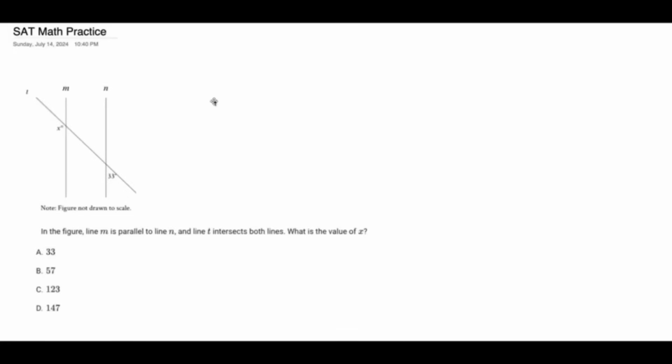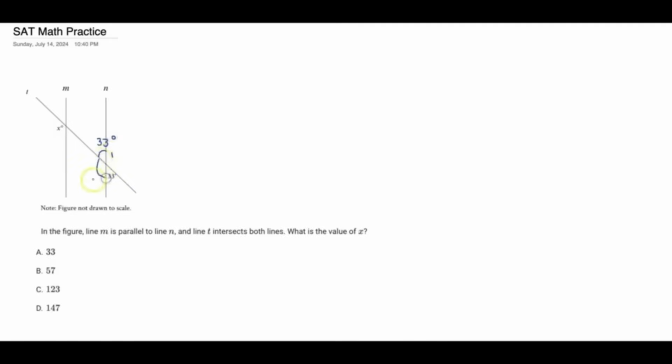Figure: line M is parallel to line N, and line T intersects both lines. What is the value of X? All right, so first off, what we have here are vertical angles, right? So they give us 33 degrees here, so we know the angle across from that will also be 33 degrees. So if we call this angle right here that we just labeled angle 1,